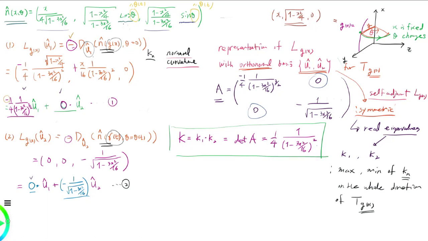So from this one, as you already know, the Gaussian curvature at the point P prime, where the x coordinate is square root of 2, is 1/4 times 1 over 1 minus 6 over 16 and its square. And if you compute this one, you have a value 16 over 25. Okay,